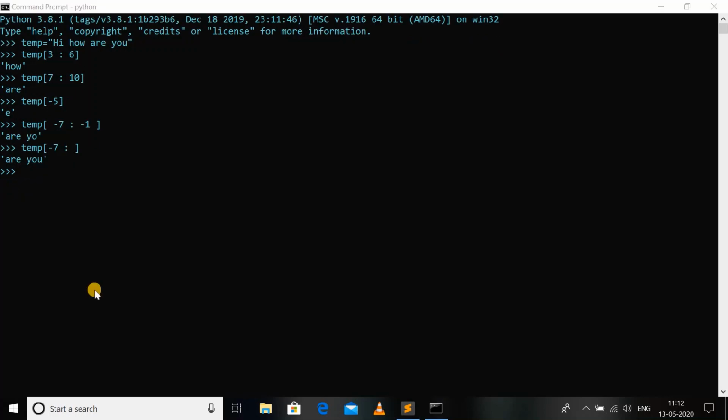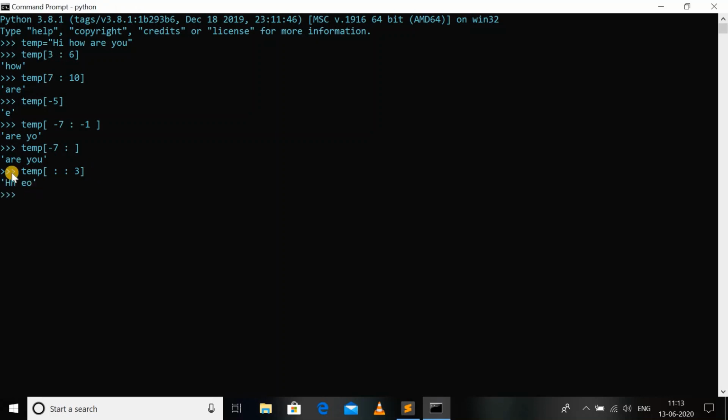Now coming to the skip parameter, that is the third parameter of the slicing technique. Let's say I want to print from the starting up to the end, so I have to leave both of them empty, and I want to print after skipping two elements, that is, each third element should be printed. Let's try it.